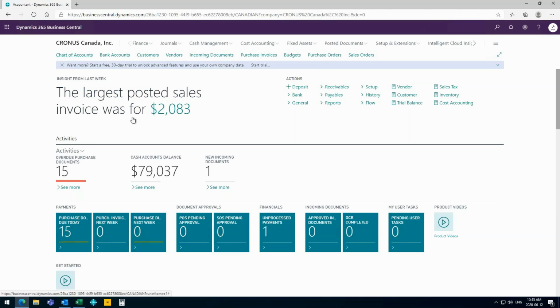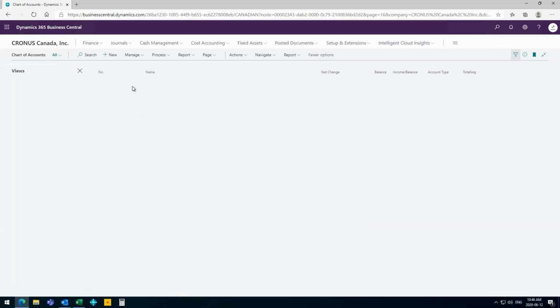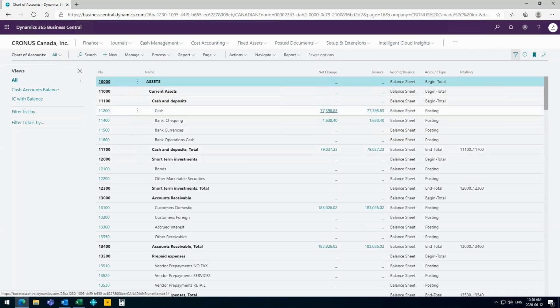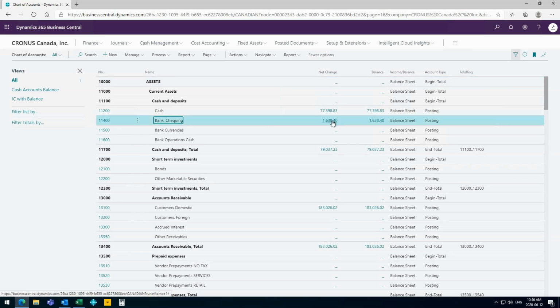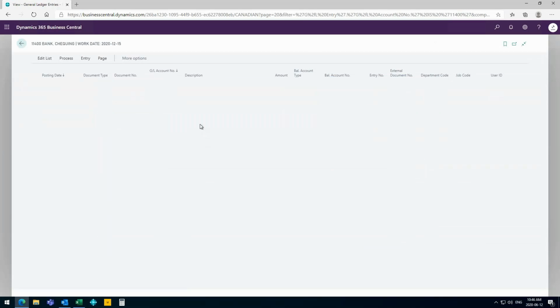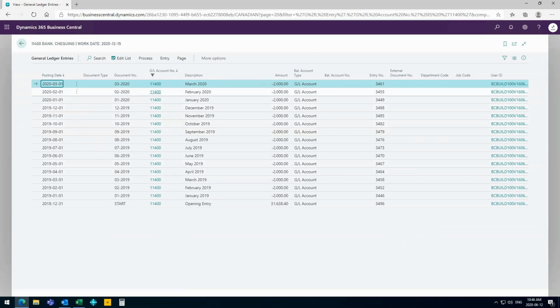So for example, in my chart of accounts, which is by the way also like a trial balance, let's say I want to create another banking account here, and I want to follow the 100 steps, so I can see there is the 300 left in between, and I have this account here which has transactions. So if I drill down, I can see there is a couple of transactions already associated to this